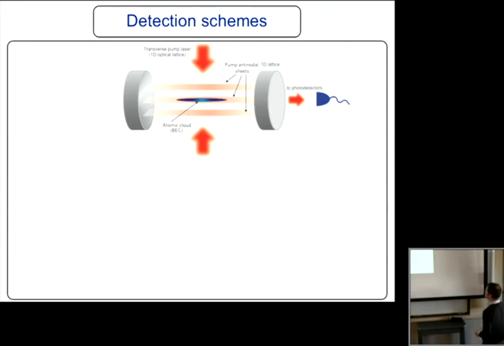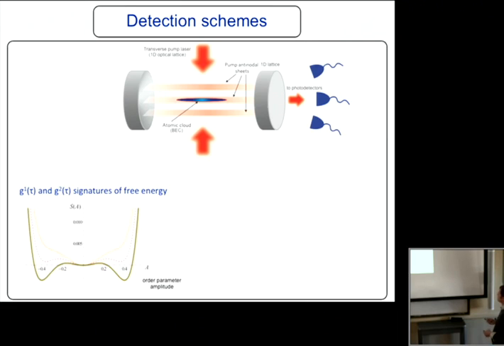Okay. So various detection schemes are, you could look at the spectrum of those fluctuations coming out of the cavity. You can do it spatially as well, because it will happen differently for lower order versus higher order modes potentially. Correlation functions of the light coming out gives you the moments of this free energy spectrum, the first and second order